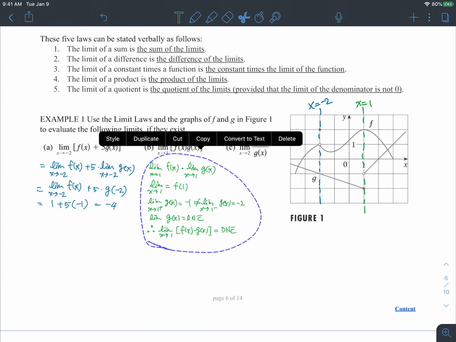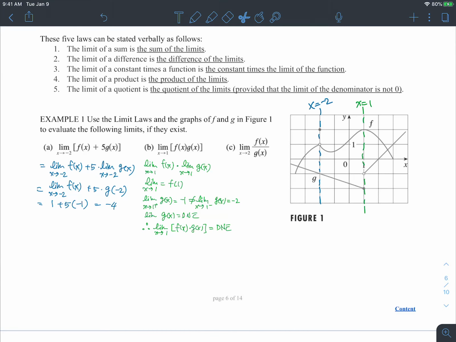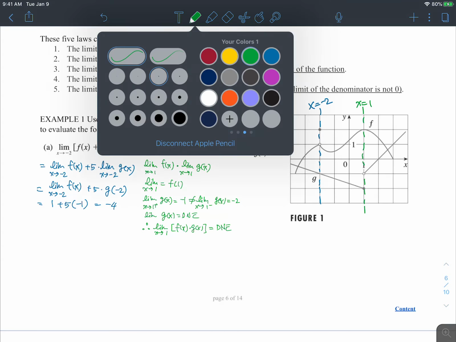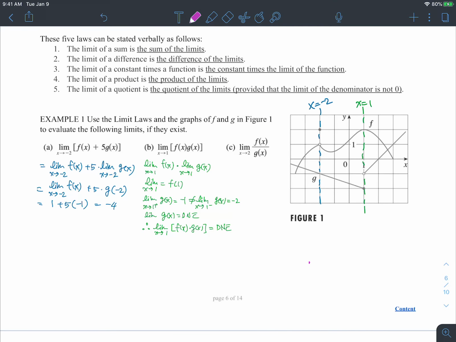All right, make that a little smaller, and that should fit. All right, good. Let's go with magenta. So that's going towards 2, which should be right here. So values here and here. What we notice is that the limit as x goes to 2 of f of x is equal to f of 2, which is approximately 1.4, isn't it? But what we notice is that g of x as x goes to 2